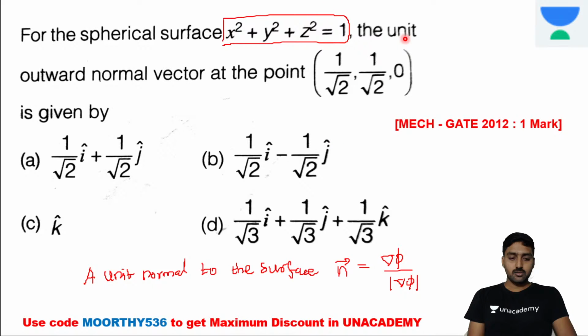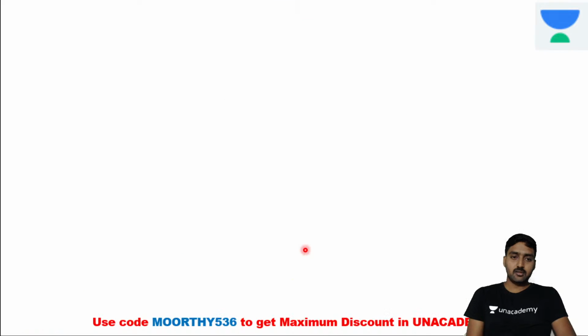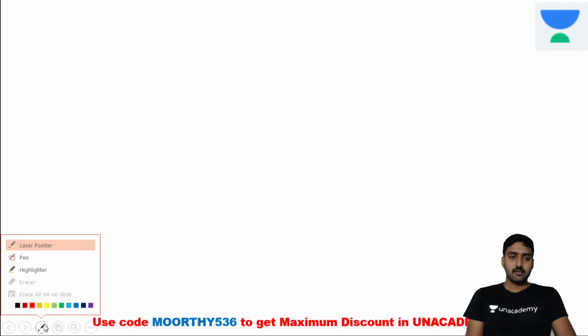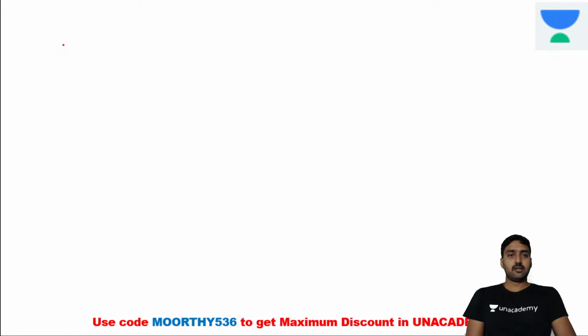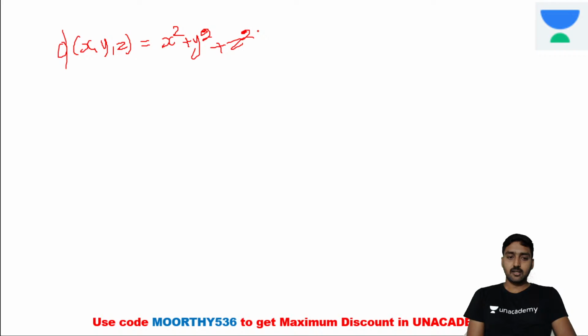Yes, here is the unit normal vector function. So this is the formula. It's a Mechanical Engineering 2012, 1 mark question. Now I am giving it. The surface we can take as phi. We can take phi of x comma y comma z is equal to x square plus y square plus z square,